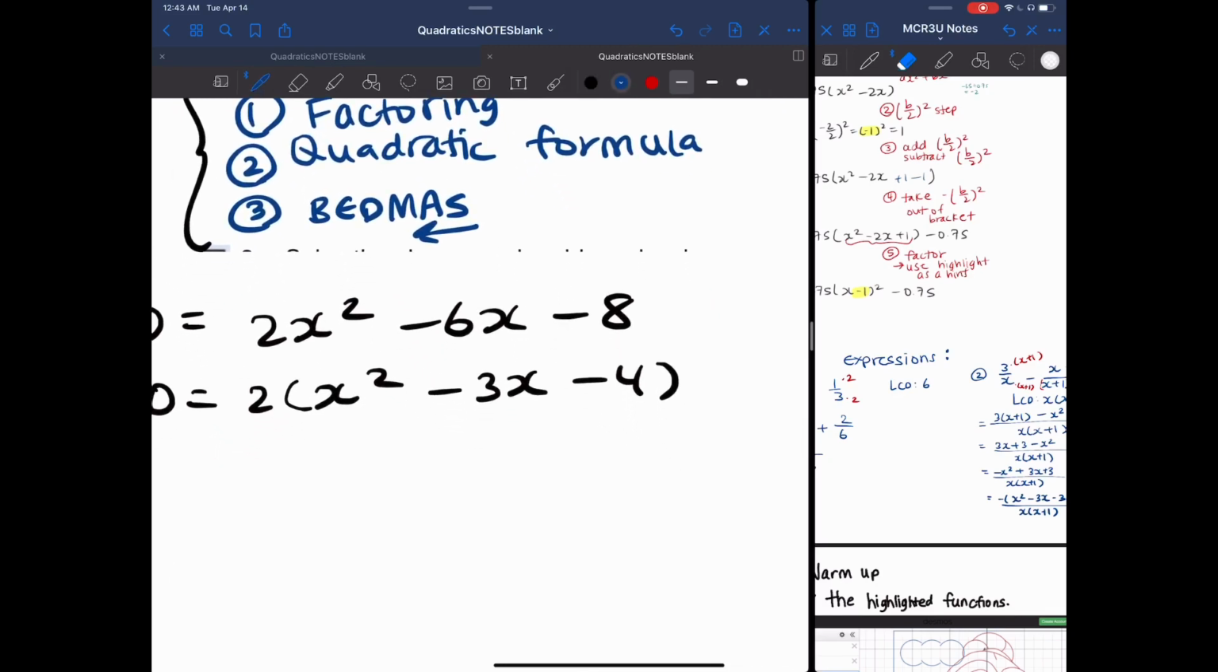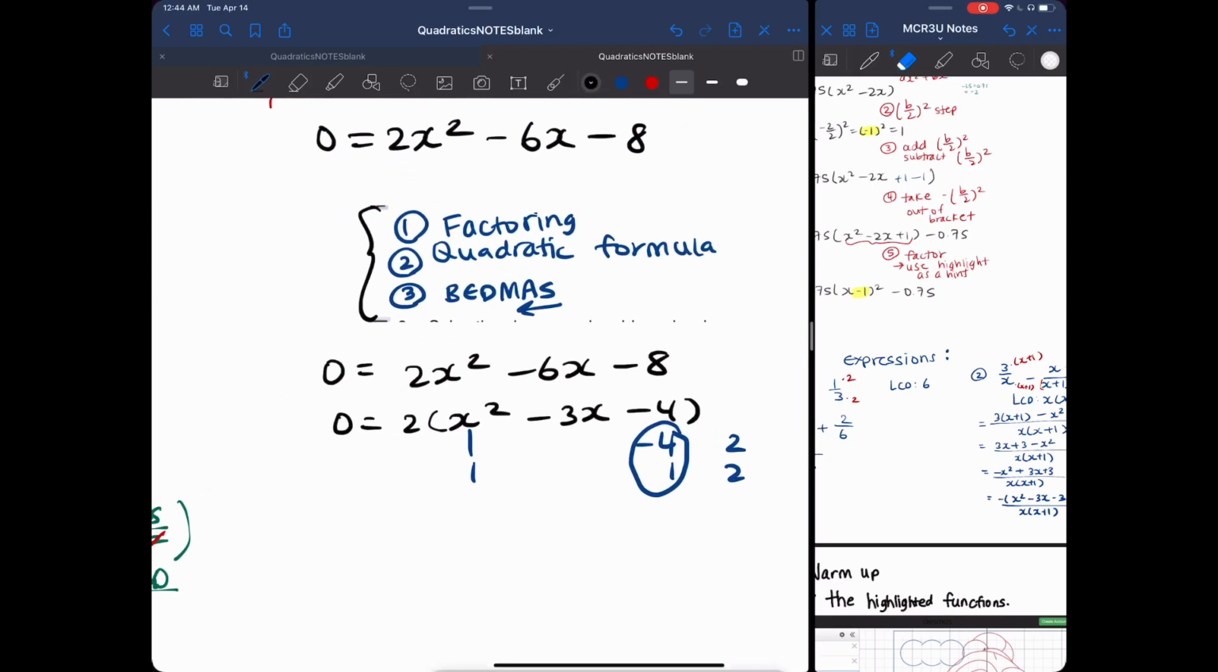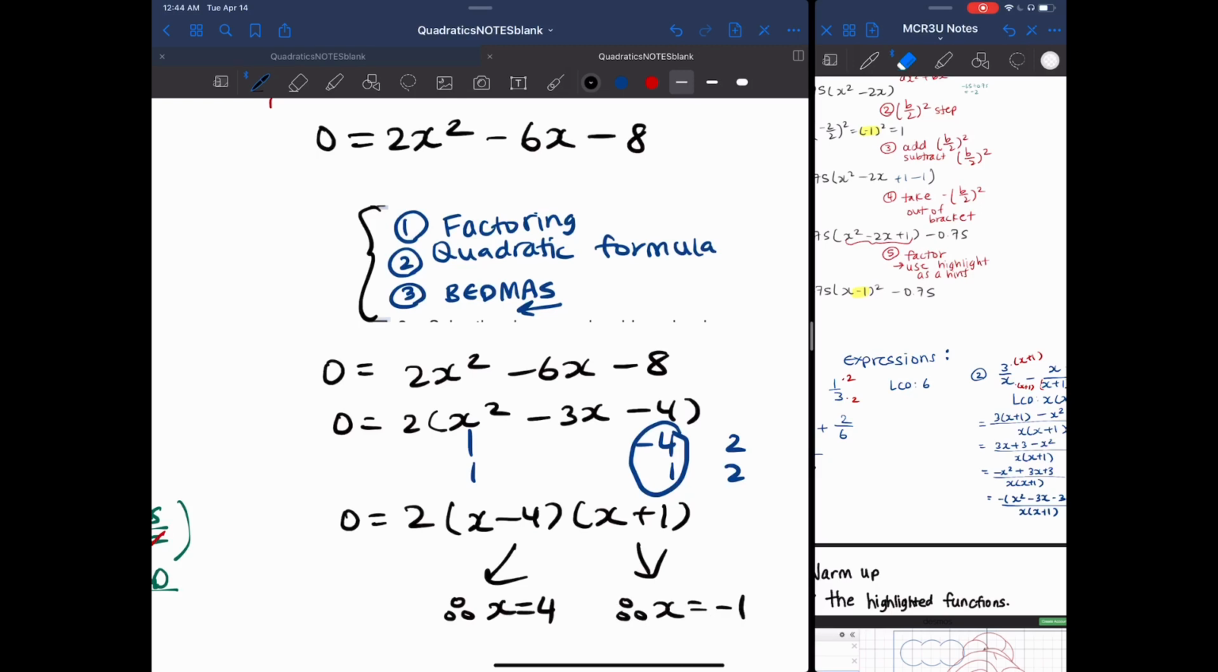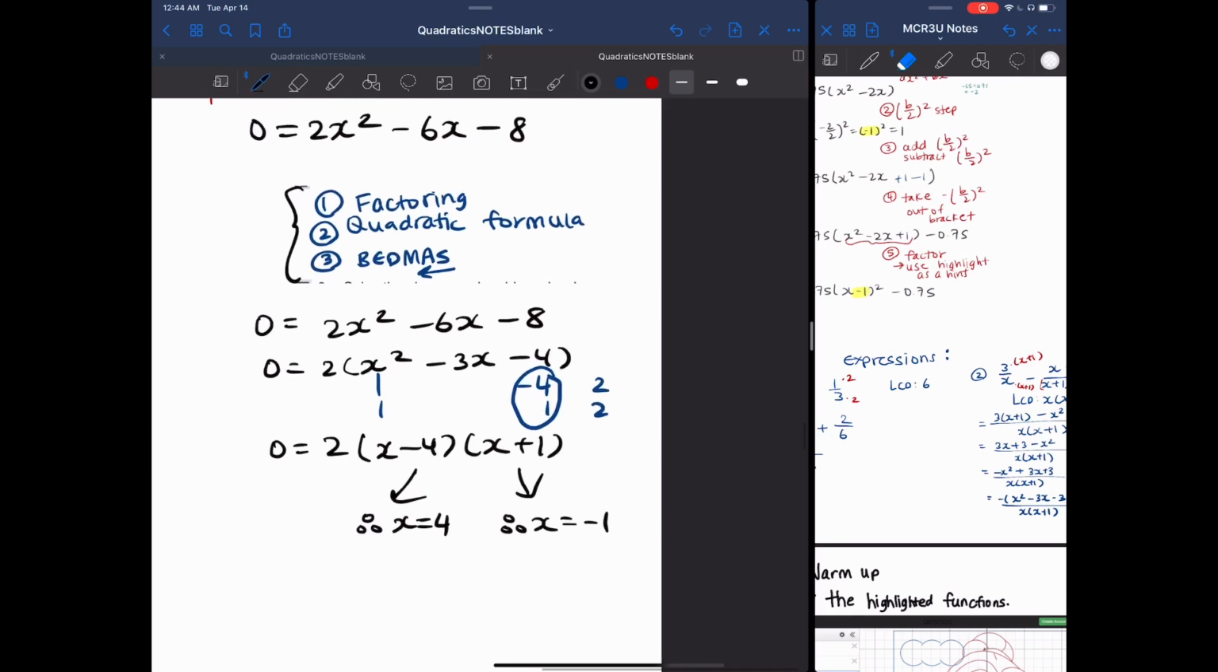What number multiplies to -4 and adds to -3? Well, these are the only factors of 4. And then in terms of putting a negative, I can put the negative on the 4. That way it adds to a -3 and it multiplies to -4. Okay, so it was factorable, and so I have 0 equals 2 bracket x minus 4 x plus 1. Breaking it down, that means I have x equals 4 and x equals -1 as my x-intercepts and my solutions